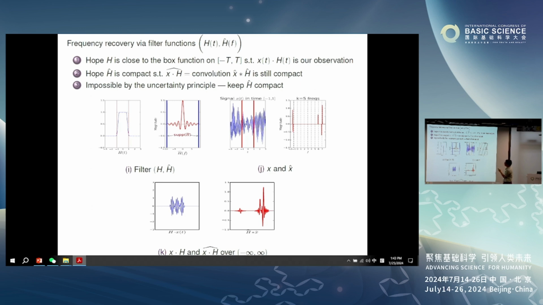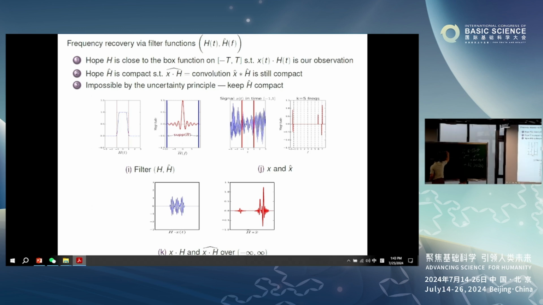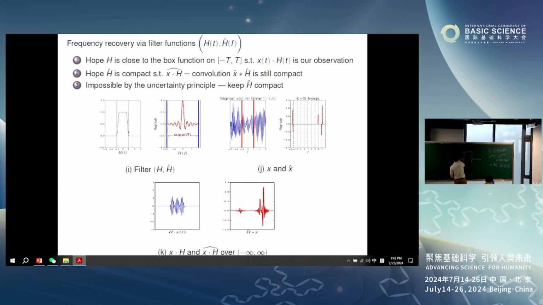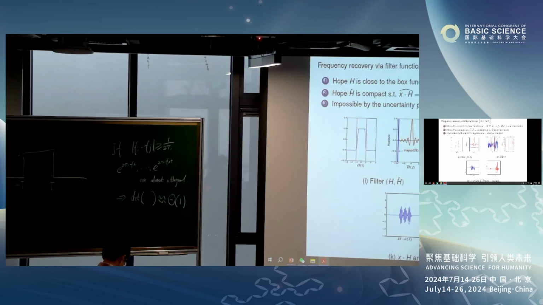So we will design a pair of filter functions, essentially one function, but we want to control its behavior on the time domain and on the frequency domain. So we want it to be close to the box function on the time domain. The box function is just a function that's 0 outside of the time window, but 1 in the time window. So this is a box function. So why do we want a box function? The reason is that